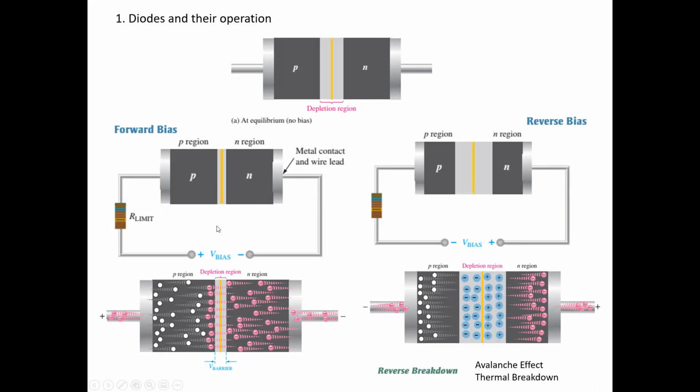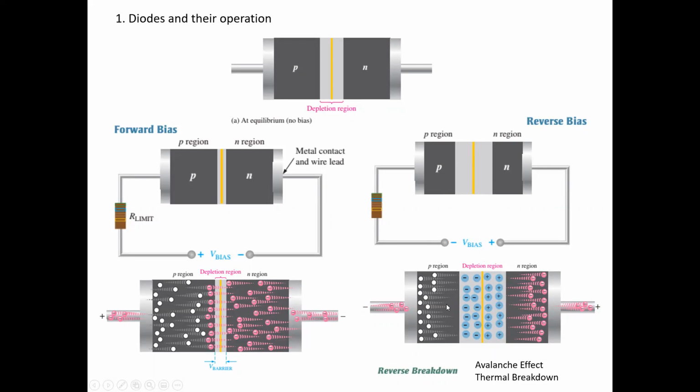a forward bias situation of the PN junction. We have a current limiting resistor connected here. Now we connect the positive terminal to the anode of the diode and the negative terminal to the cathode of the diode. In that case, guys, because of the pressure that we create, it makes this depletion region thinner and it starts to conduct. And the second situation is where the diode is reverse biased and this depletion region is